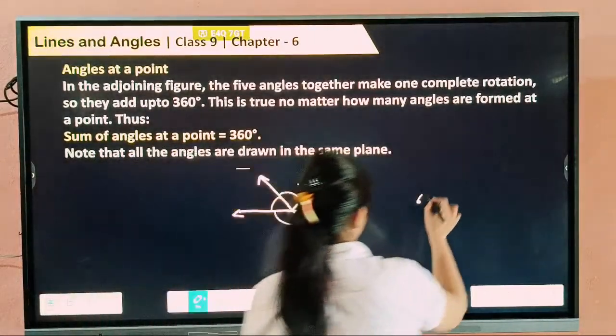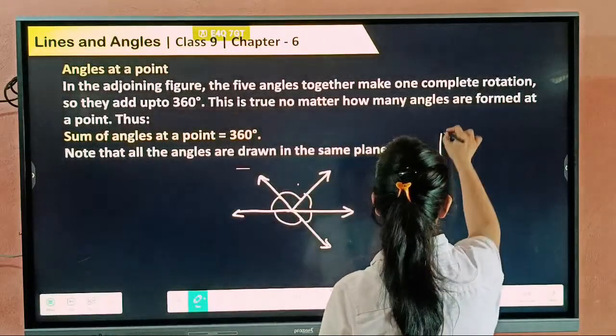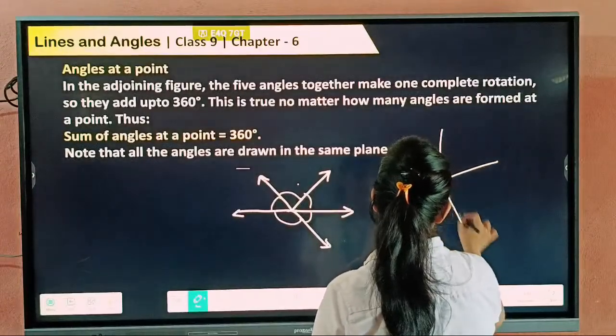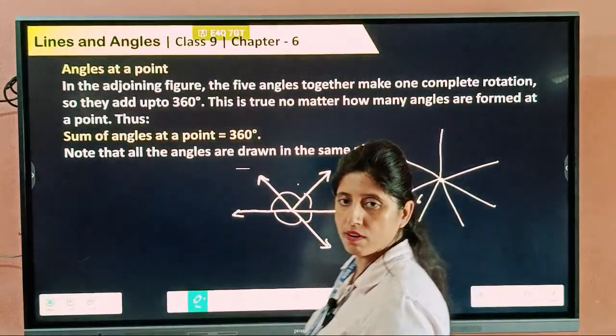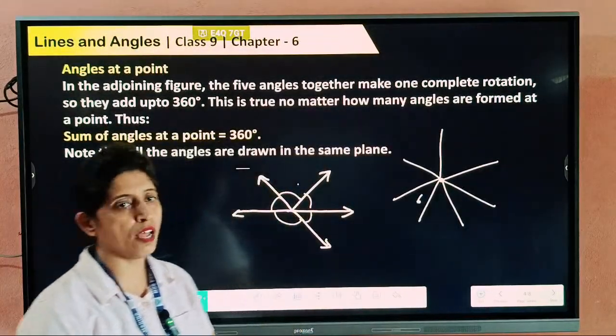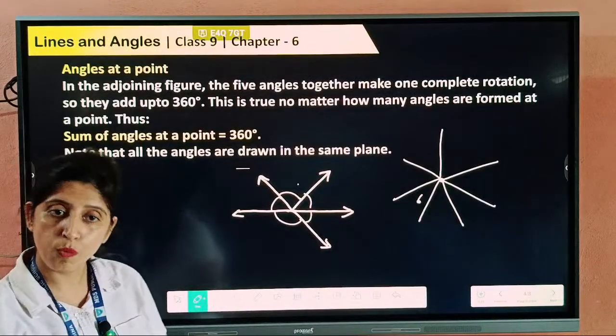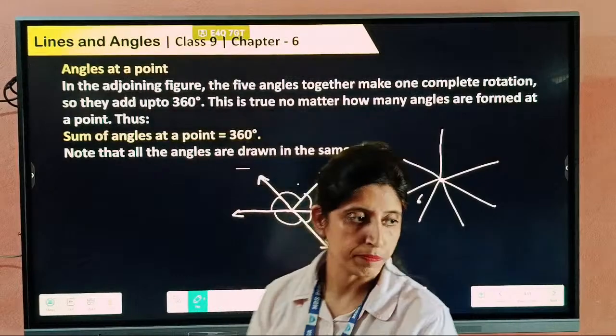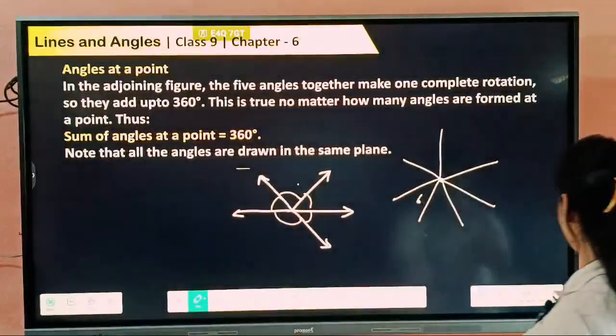So angles at a point means you can make any number of angles. It is not necessary that you make only 5 angles; you can make 6, 7, 10, or even 100. So many angles you can make at the point. These are called the angles at a point, but their sum should be 360 degrees, right? Next,